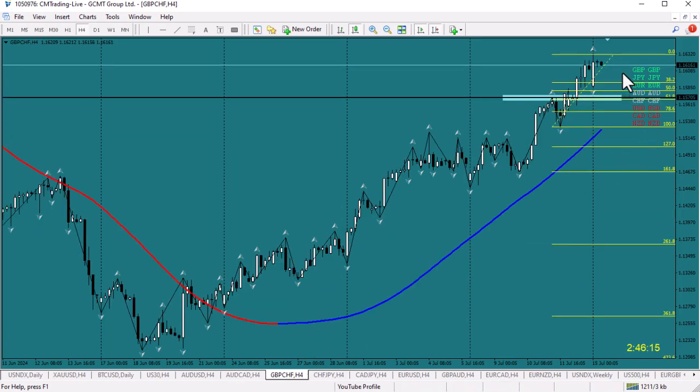Pound Swiss. Pound green zone, Swiss neutral. Not after that, but I'm after the pound long. Pound is very bullish across the board, but difficult to find entries. So I would like to see a retracement back to structure here, right at 61% level. Candle reversal, I'll take some longs.